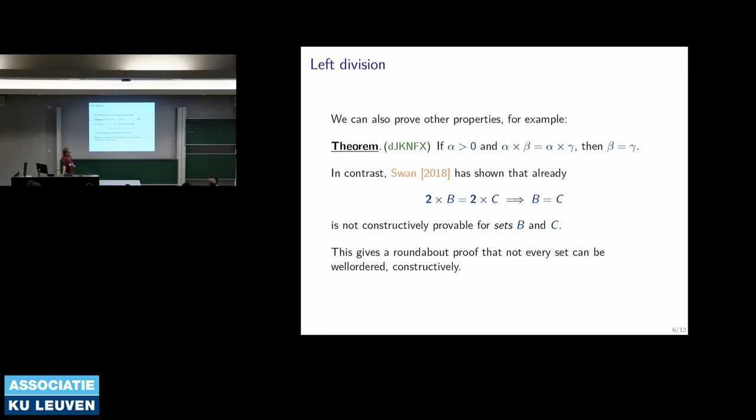But I just want to point out that if you just replace these ordinals with sets, then Andrews has shown that already this implication, that 2 times b is the same as 2 times c implies that b equals c, is not constructively provable, right? By giving a countertopos where this fact is not true. So having the ordinal structure around really makes a difference, right? You can prove it for ordinals, but you can't prove it for sets. So this gives a quite roundabout proof that not every set can be well ordered, because if you could, then you could well order B and C, you would be in this situation, and they would be equal,